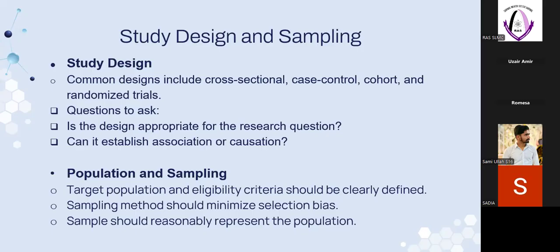But if they are saying something like, this specific drug treats someone, then we will make two groups, one case and one control. We will give the drug in one group and not in the other. Then it is an RCT, which checks drug effectiveness. So we need to understand different study designs in clear detail, so we can ask the question and answer ourselves whether this specific paper we are reading is following the right study design. Along with that, population and sampling.